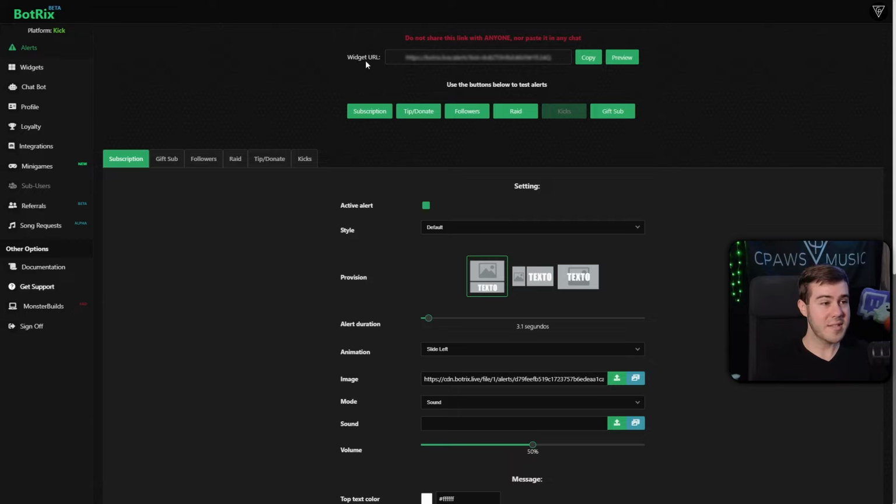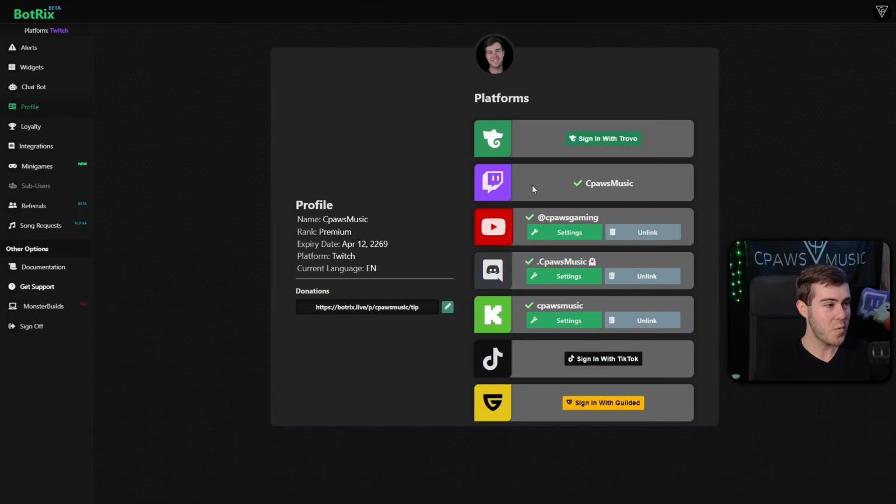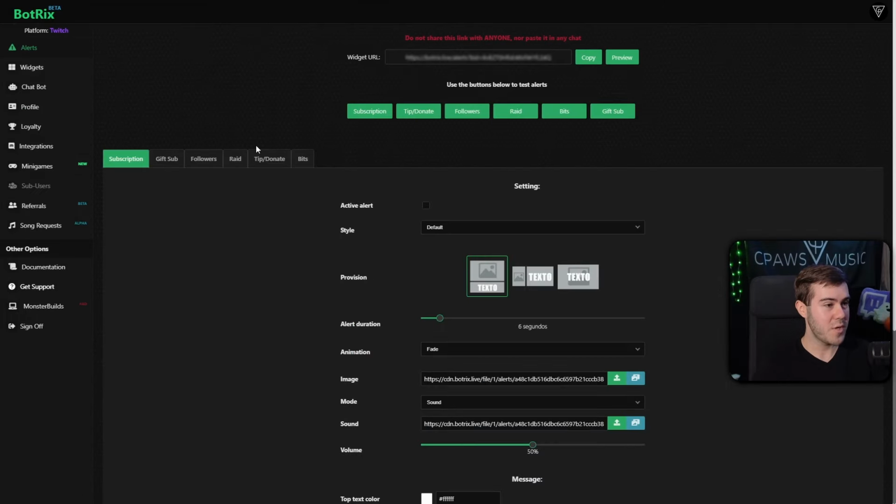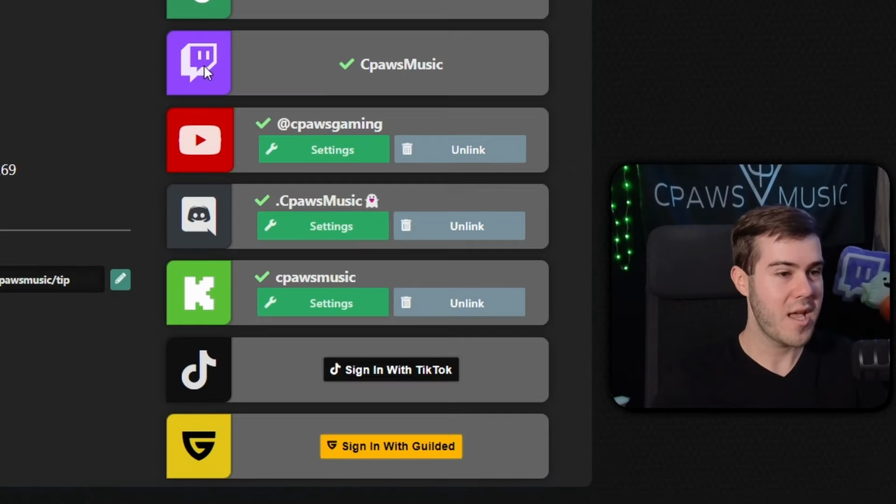And the cool thing is this one widget URL covers all of your alerts. So even for profile, let's say we go to Twitch and then we go to alerts and change our Twitch alerts. This is all the same widget URL. So you just need to copy and paste this once as a browser source in OBS or Streamlabs, and it will cover literally all of your alerts. So subs, gift subs, followers for Twitch, and all your other platforms that you decide to change and navigate and